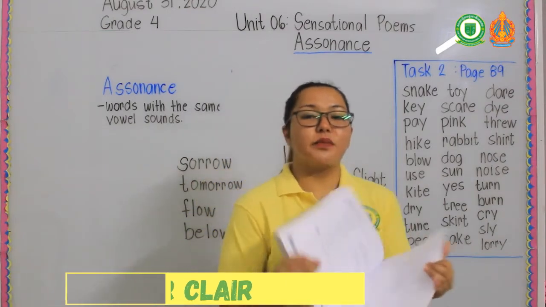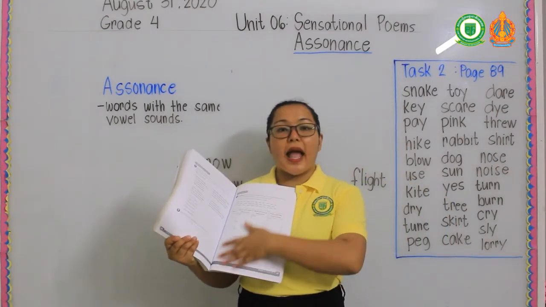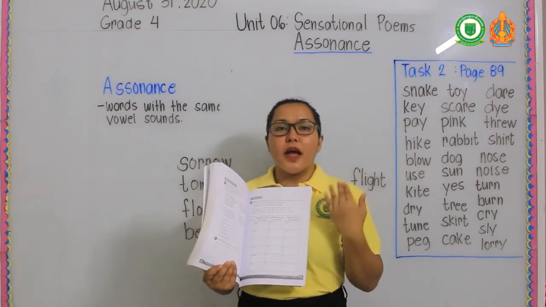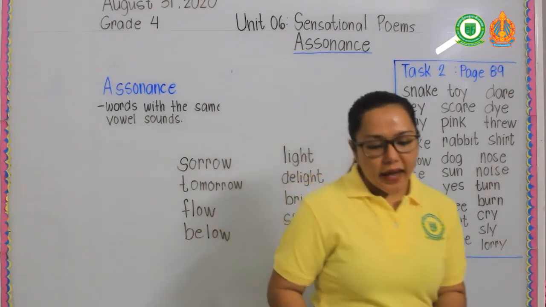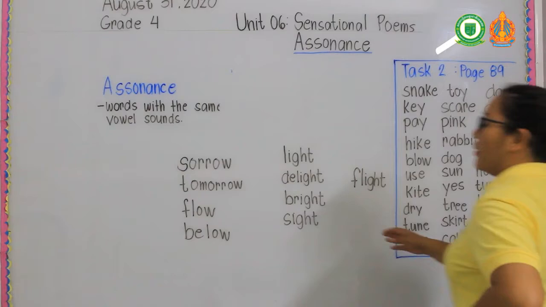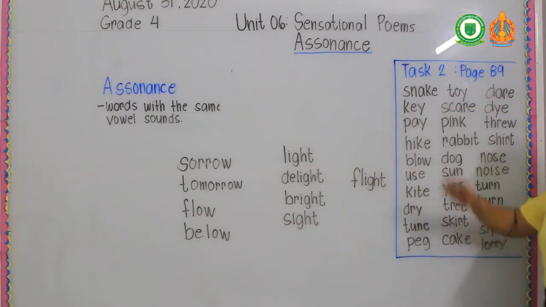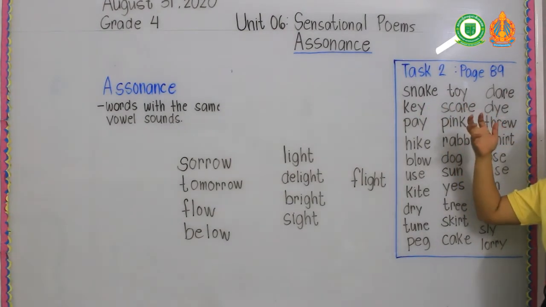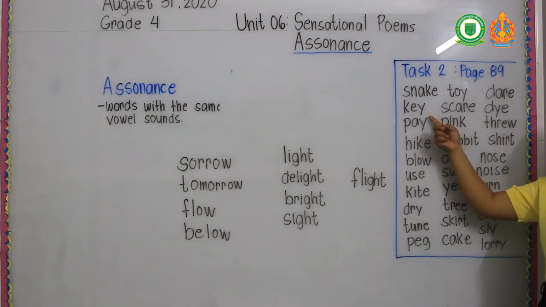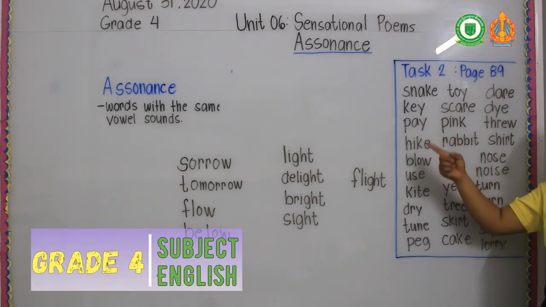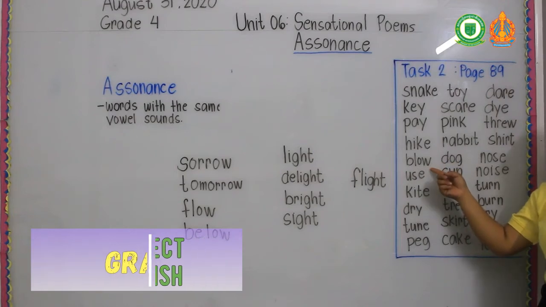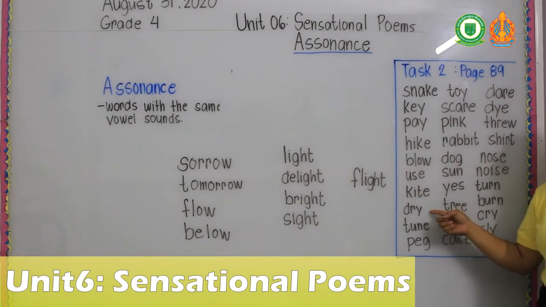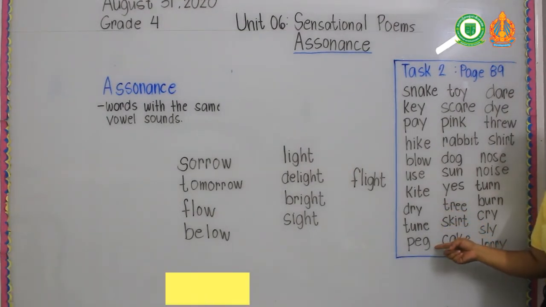Alright, so now please bring out your books and look at the words here. Listen to me so you know which vowel sound they belong to, okay? So let's read it. So task 2: snake, egg, key, pay, hike, blow, use, kite, dry, tune, peg,